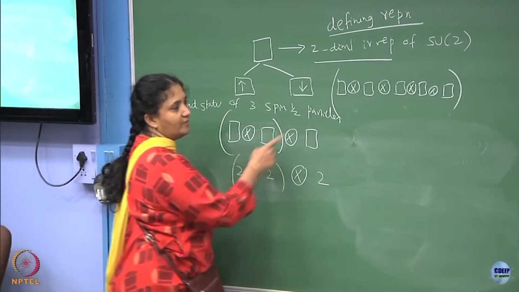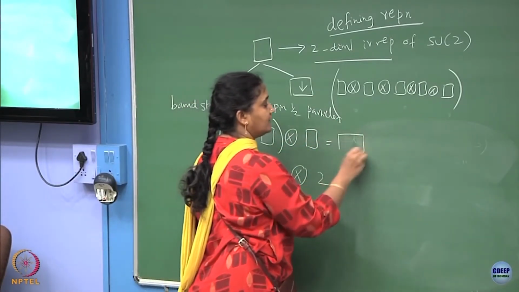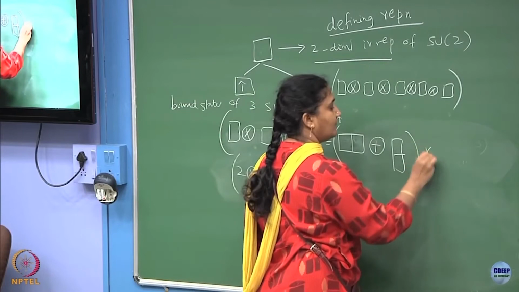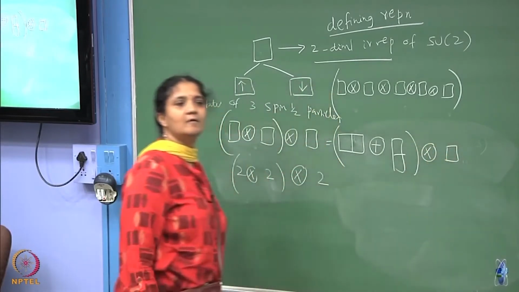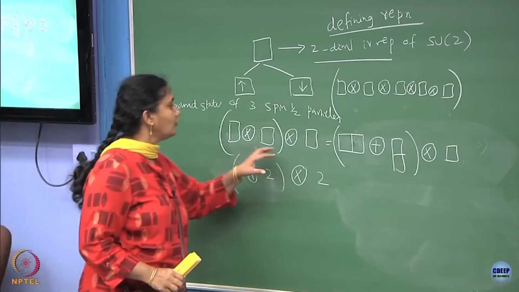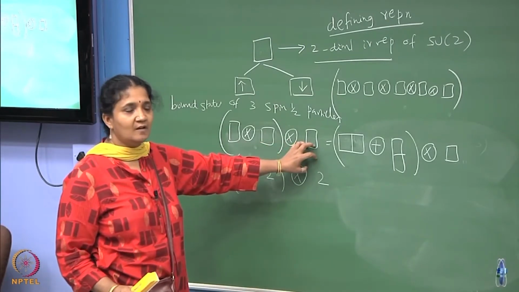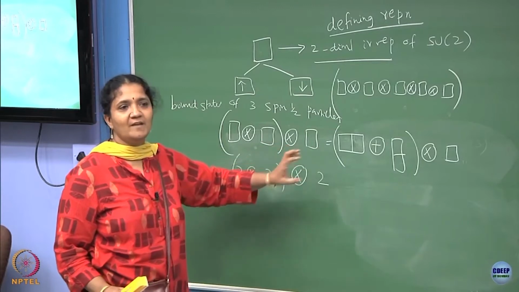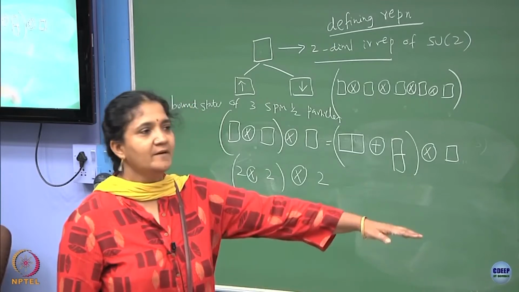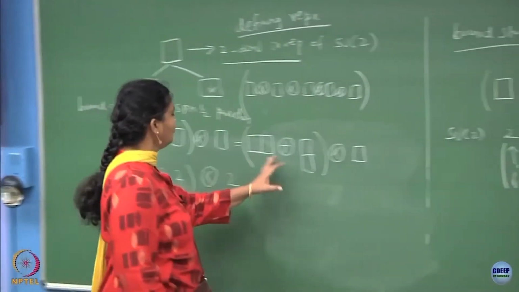So, this part we have already done there, the first bracket. The first bracket turns out to be this, and then you take it with a box, because I am going to look at a composite made of 3 fundamental objects, with hindsight that it should not give me anything other than spin 3 by 2 or spin half, that is the experimental requirement. Okay. So, now you can redo this.